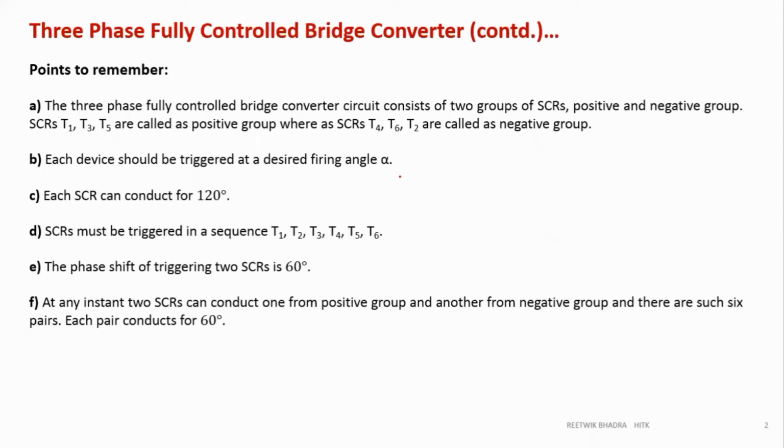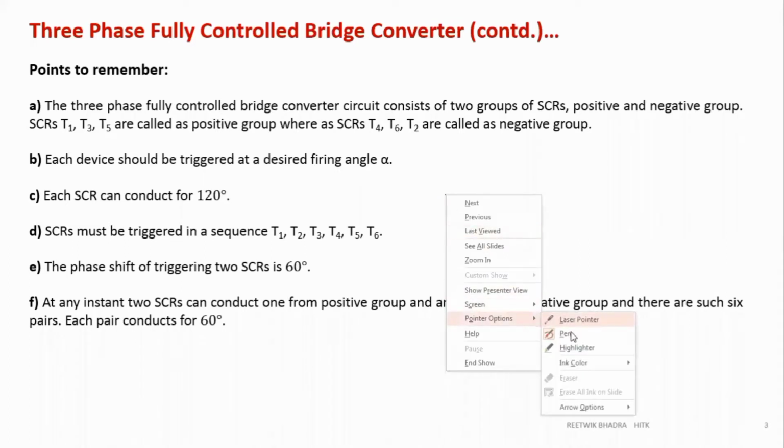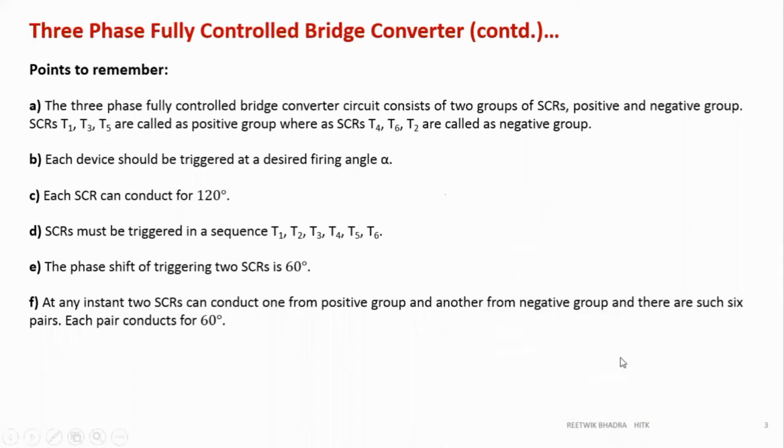We will discuss only our main important topic, the three phase fully controlled bridge converter, which is very important. Looking into this, we have to remember some very important points, as we had for the three phase inverter also. Without those we couldn't do the circuit operation. So over here also we have to remember certain points. What are those points?